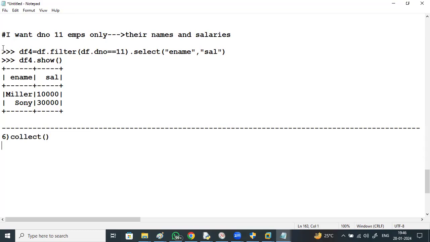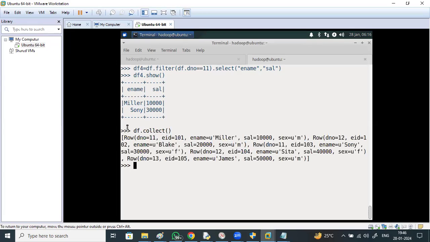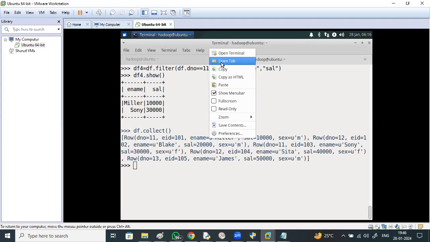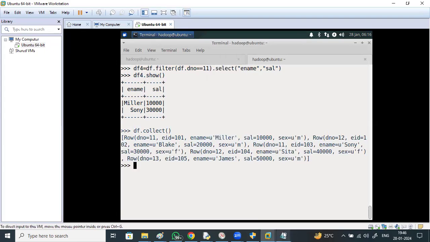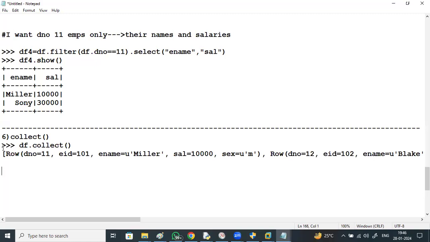Collect, you know already. Df dot collect means what you will get? All the row objects you will get. A data frame is a collection of row objects. Data frame dot show means the entire table it will show. Collect means it will just